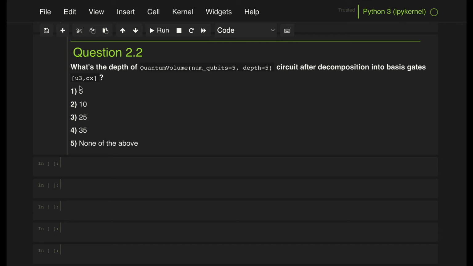Okay, so I don't want to spend too much time talking about what quantum volume is in this video, because later in the exam there's another problem in which we are tasked to measure the quantum volume of a specific circuit. But I do want to just discuss a little bit of the basics and what this quantum volume function is, which is actually a circuit that is incorporated within Qiskit's circuit library. I want to discuss what this is. So okay, so let's do